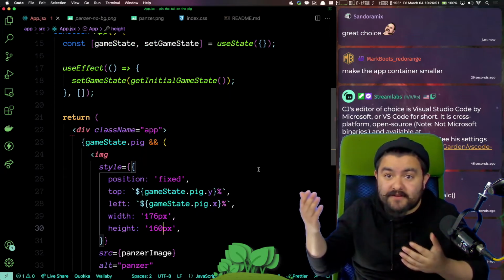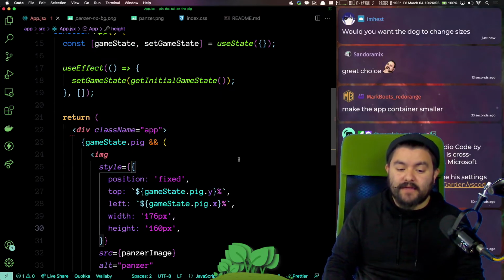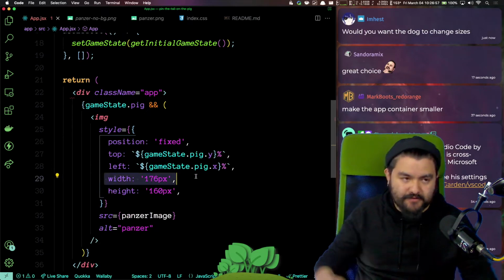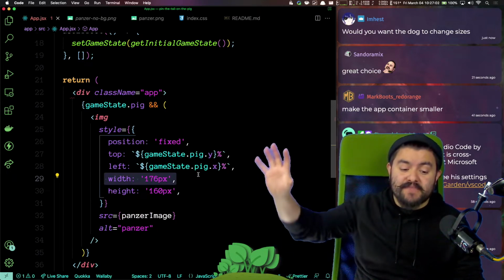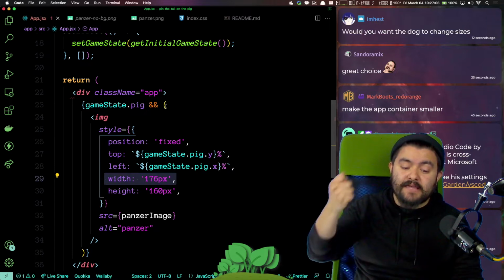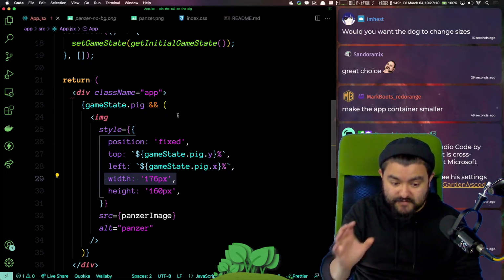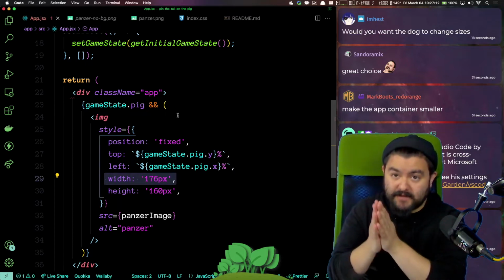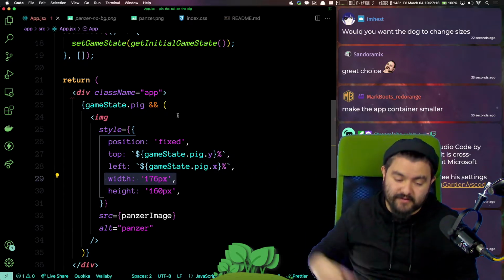Let's say we wanted to have a dynamically sized image, and the CSS said width 10%, so now it's 10% of the total width. What we would have to do is load the image onto the page at 10% width, then use DOM JavaScript to get the computed width, and then use that value in our calculation.